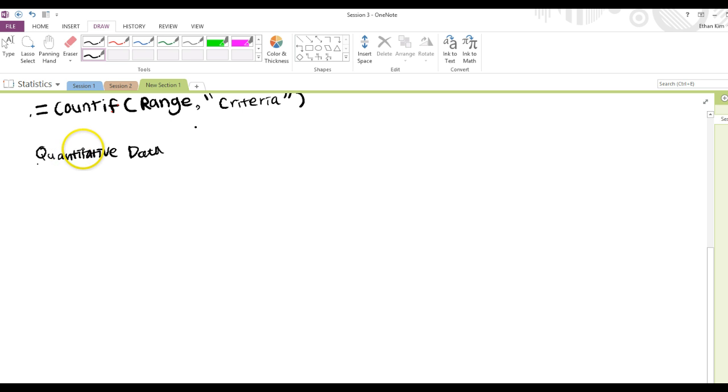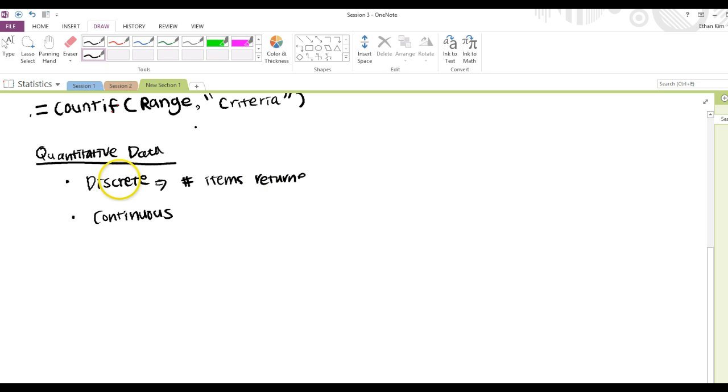Okay? So as we said before, there are two types, discrete and continuous. And we just looked into one case of discrete, right? We said number of items returned, right? Here we're not going to return a half, right? We're only going to return a whole number, so it's going to be 1, 2, 3, and so forth, right? And for this type of data, we use something called